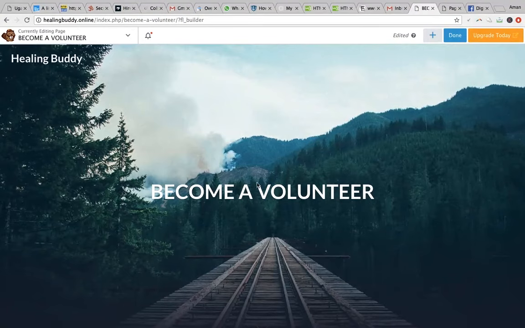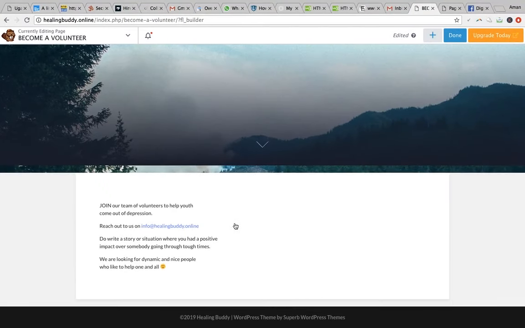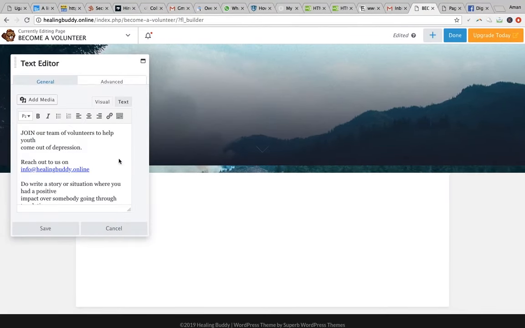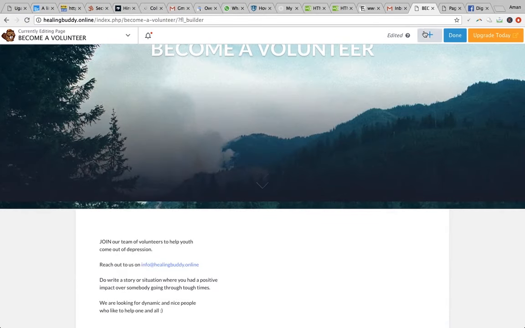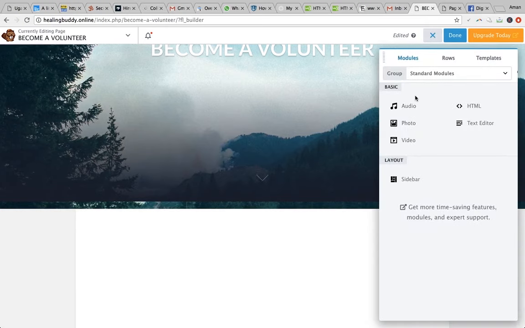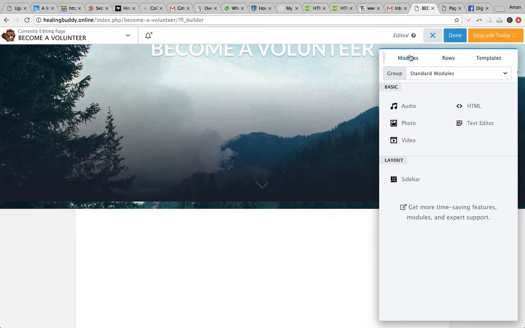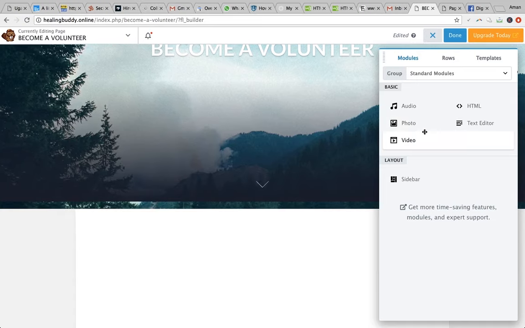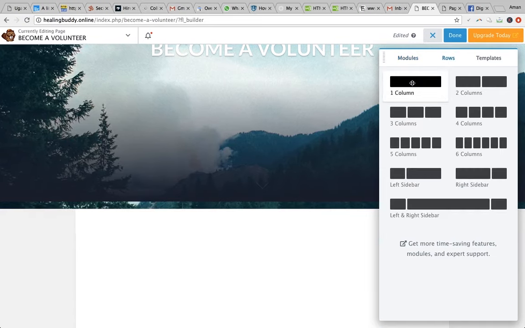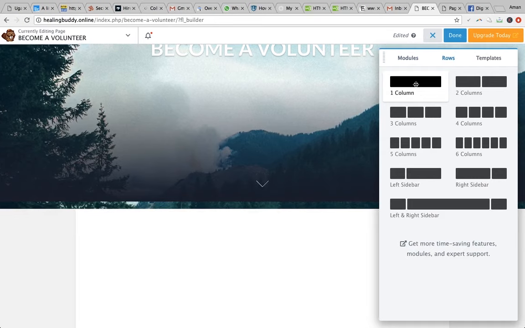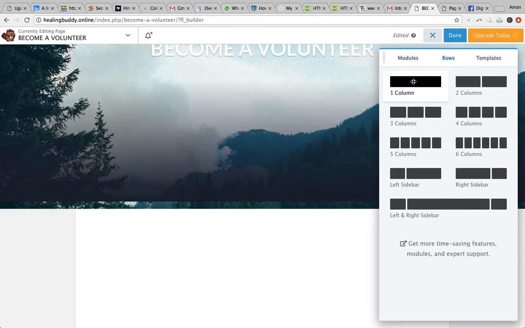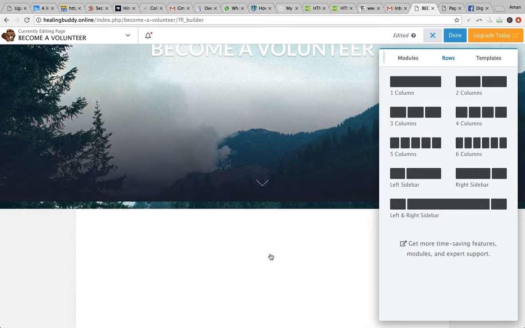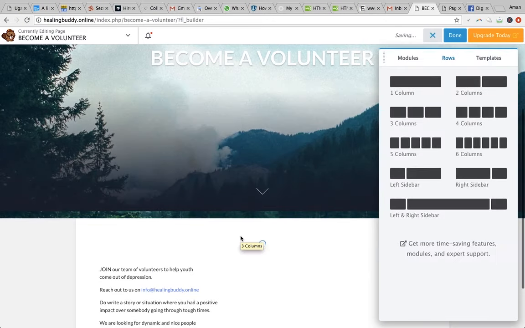So you see a pattern that has come. Just click here. You'll see this. So now what you have to do is add a layout. Go to this plus sign. Go to rows. In modules there are audio, HTML, photo, text editor, video. So we'll deal with this part later. Go to rows. Now this is a column. So let us say that we want all our text in the center. So just select this, place it above,